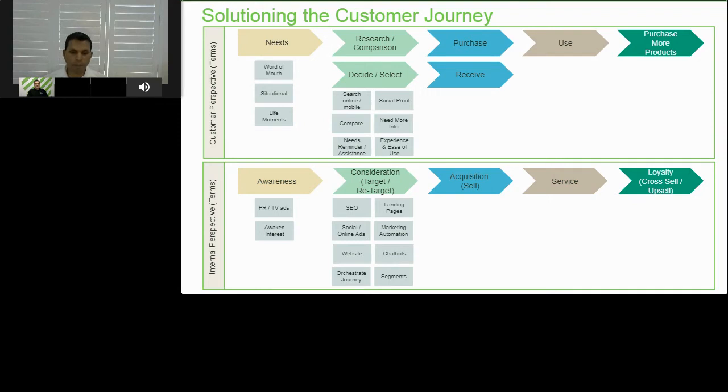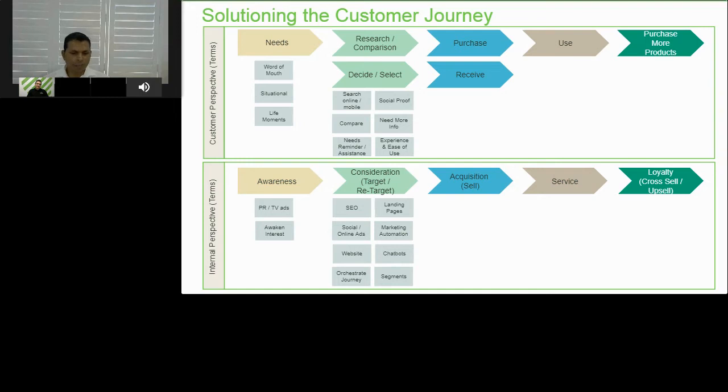Along the buying cycle, customers might also need some more help. When you are an architect trying to solution that, we may need a chatbot, we may need a phone call, call center support, or we may address it through social posts or FAQs. So that need for more information from the customer's requirements can be solutioned in different ways, depending on what technology capabilities you have and what your product roadmap is for those customer-centric solutions.